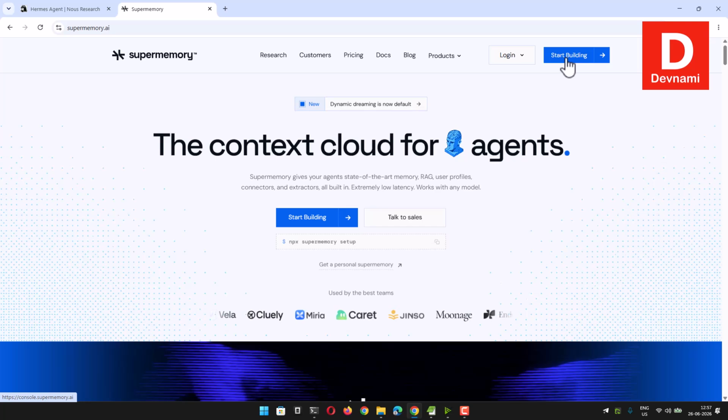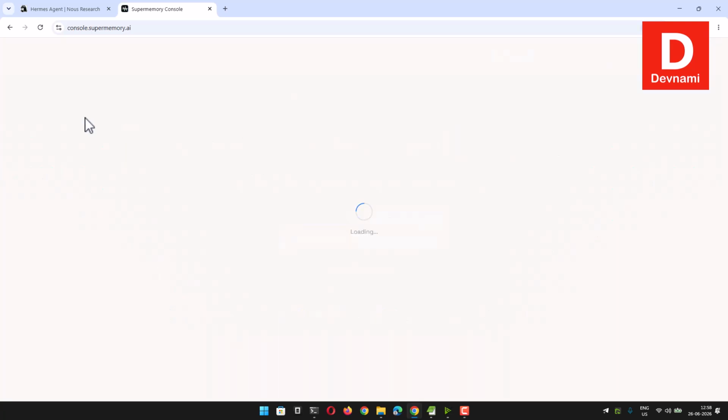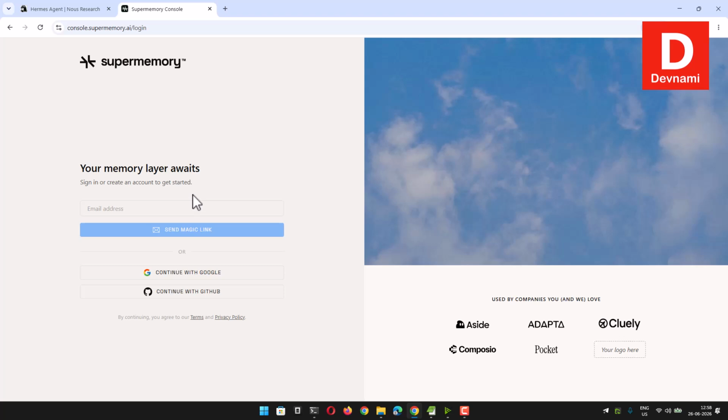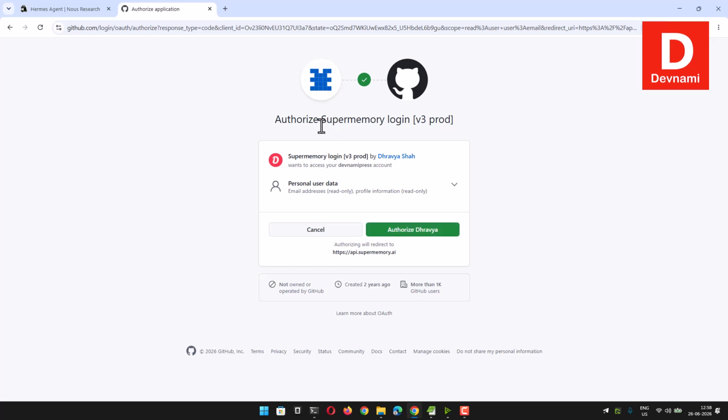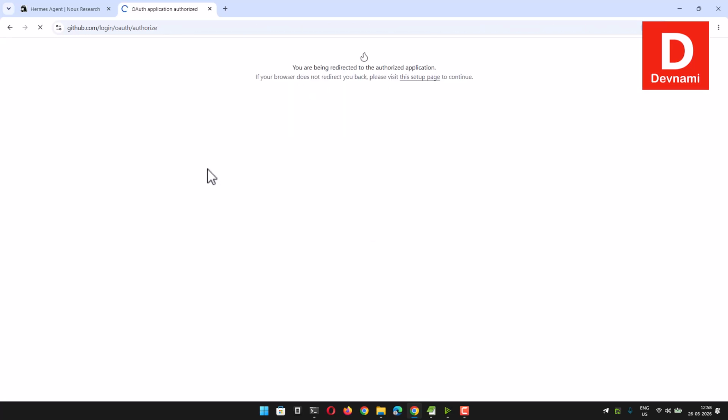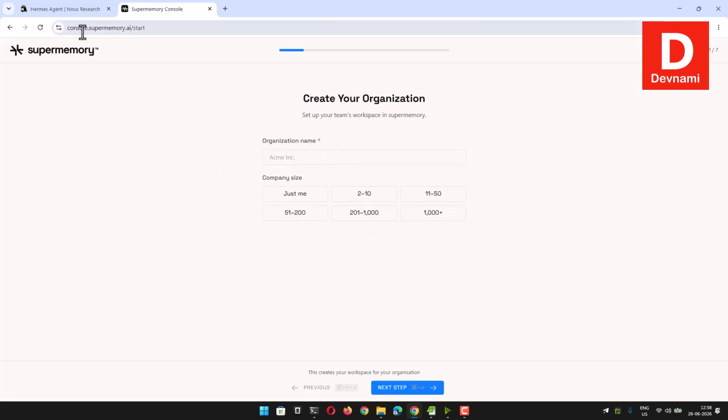So you can click on start building, and it should let you log in through either GitHub or Google login. If I choose the GitHub option, it should let me go to the dashboard after authorization. If I authorize this, it should show you the console. Here you can see that first you have to create an organization. Let's see, I'll name it. Oh, it's just one person. And the next step would be